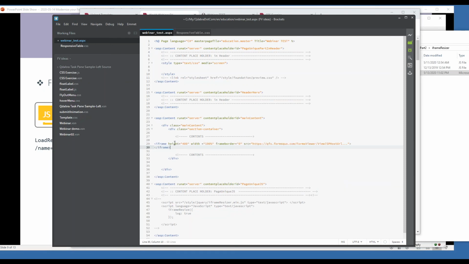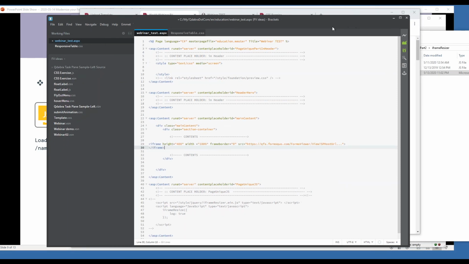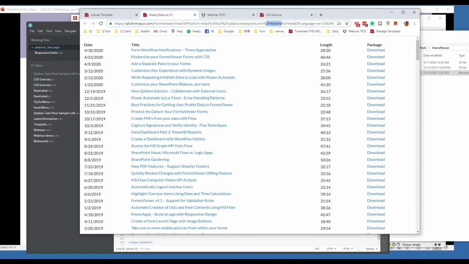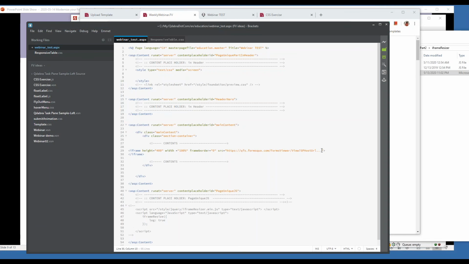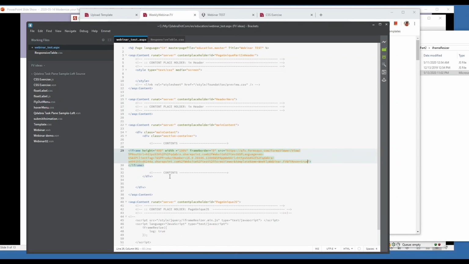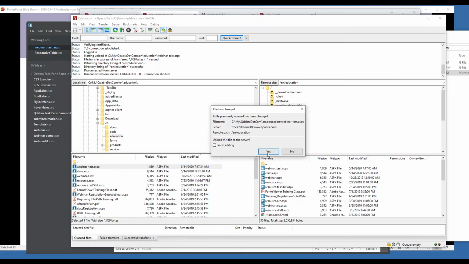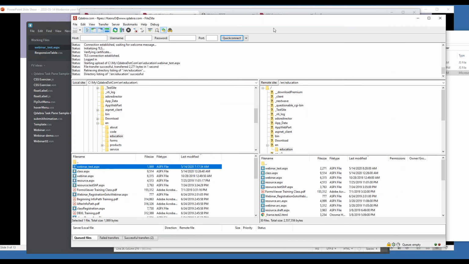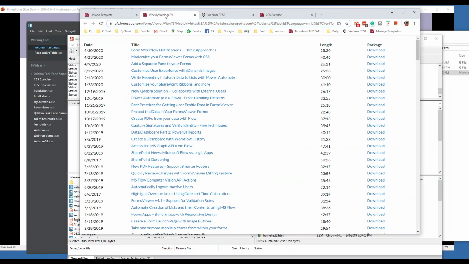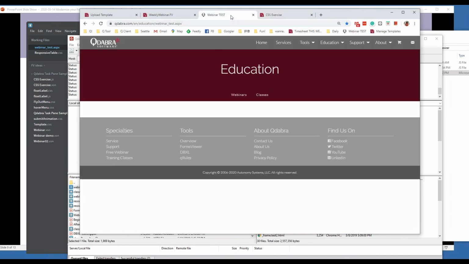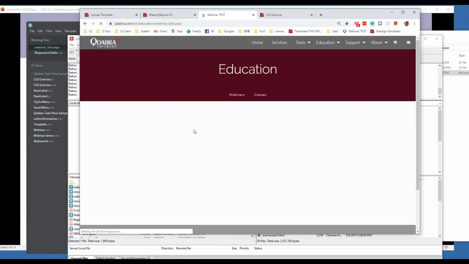And in general, we use an iFrame to utilize Forms Viewer in another web page. And now I am replacing the source like this. And let me beautify this, and saving this and uploading this. Then, excuse me, our page on Qdabra.com now shows